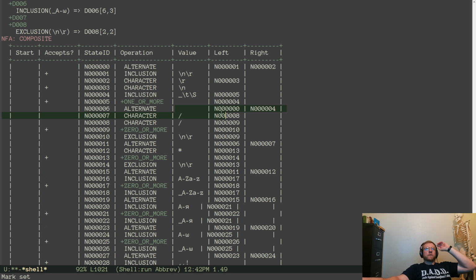So 6 or 7 can go 8, 9, 10. Which can go to 9, that's fine. 0 or 4. So if we go to 4, white space can keep going around and around. Or 0. So this is here. This should be 0 can go to 1 or 2. 1, 2, 3.